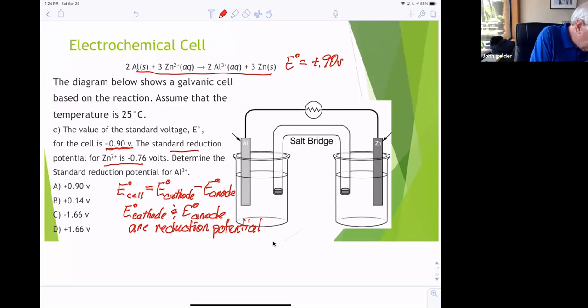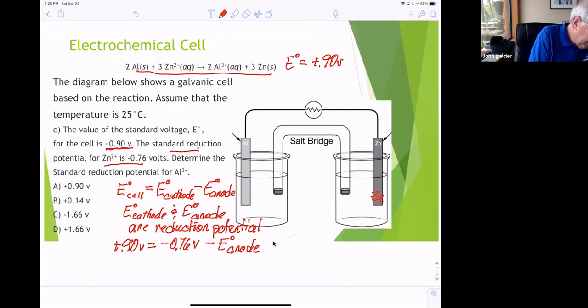And so in this particular case, we know the overall cell potential is 0.9 volts. We know that the standard reduction potential for zinc 2 plus is minus 0.76, and we know that the zinc electrode is at the cathode, so this is going to be minus 0.76 volts for the cathode. Now to solve for the standard reduction potential at the anode,